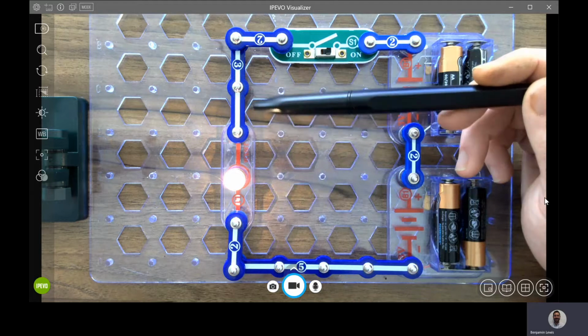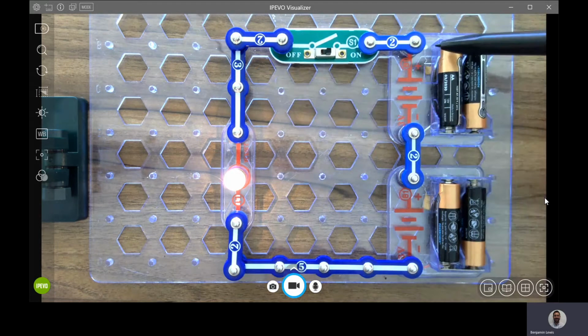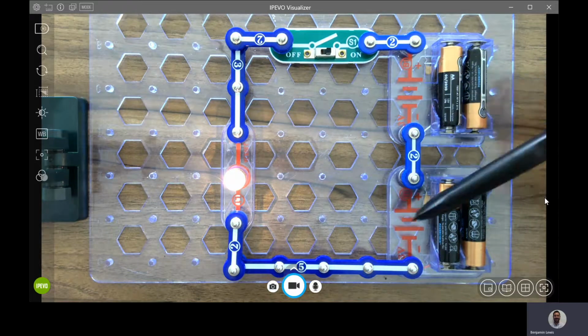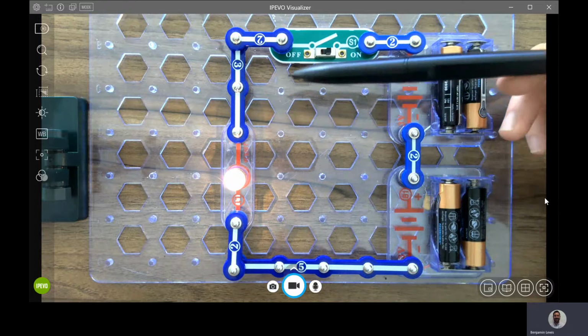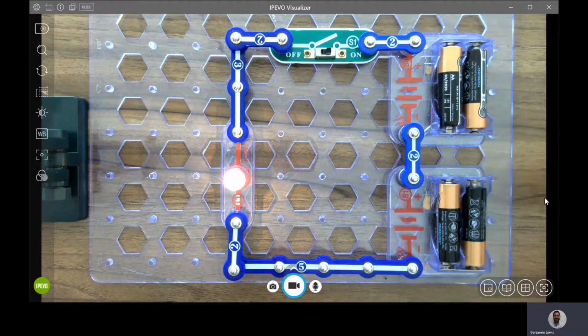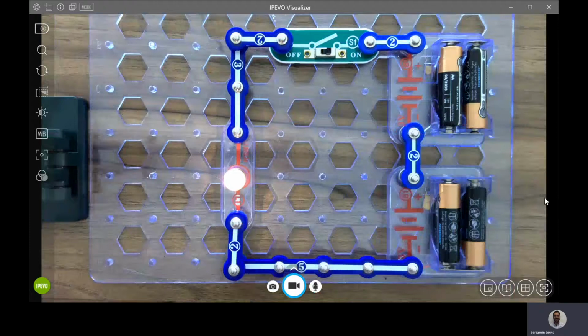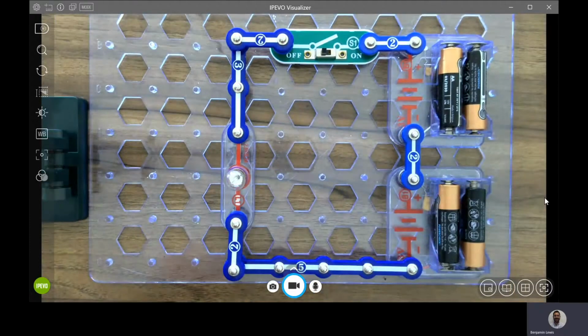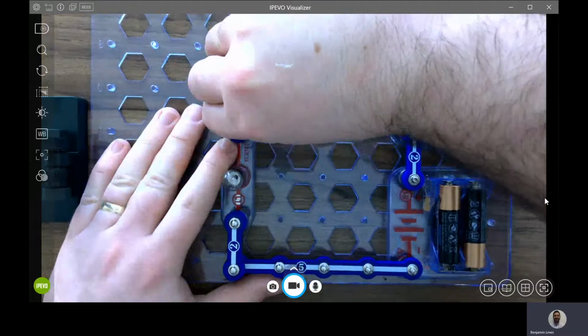Then it carries on with 0 volts before it gets back to the cells again, where it then gains the energy again, gains that push again for the electrons of another 6 volts and goes round again. So each electron going through will have a potential difference of 6 volts across the bulb. So that is just a circuit set up. Now I'm going to have a little look at a